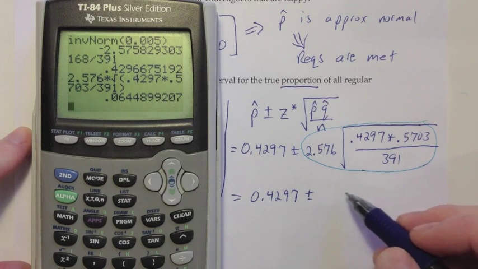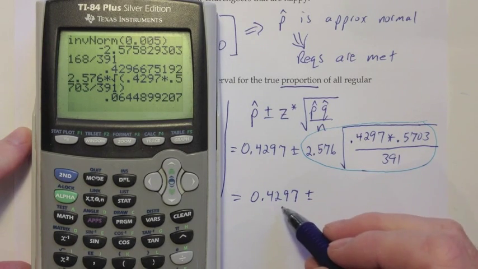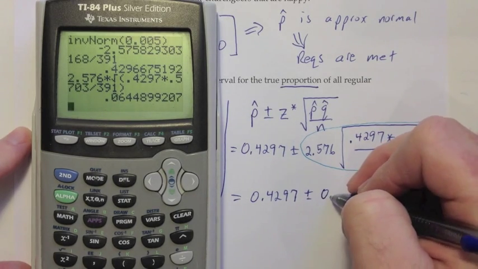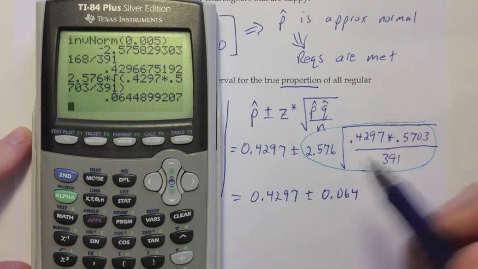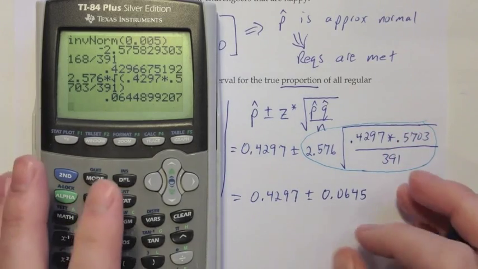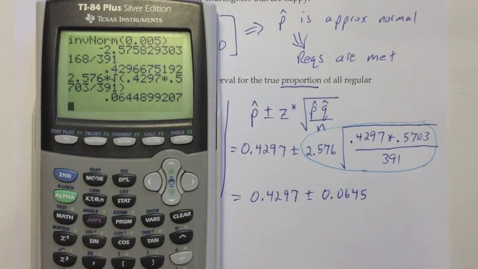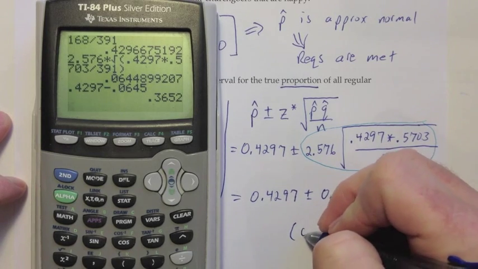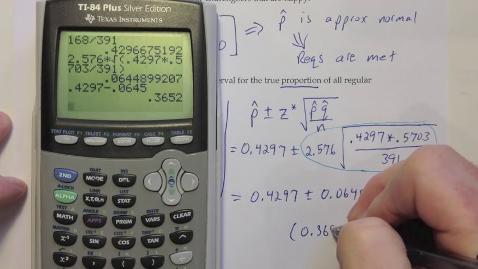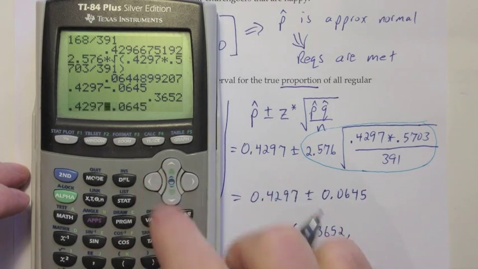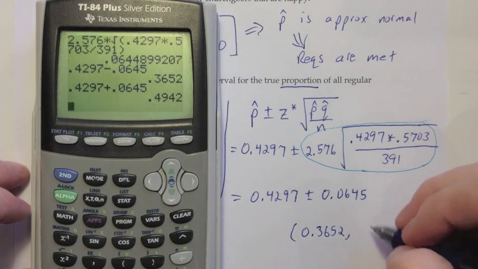And I always want to match the decimal places on the plus or minus piece with my point estimate, which is p hat here. This had 1, 2, 3, 4. So I'll put 0.064, and the next digit is a 4, but followed by an 8, so I'll round that up to a 5. And then finally I just do the plus or minus to get my confidence interval. So 0.4297 minus the 0.0645 gives me a left boundary of 0.3652. And I do that with the plus, and I get the right boundary, which is